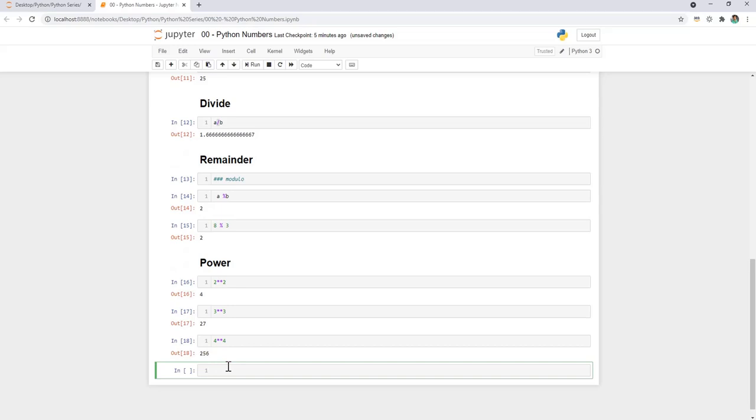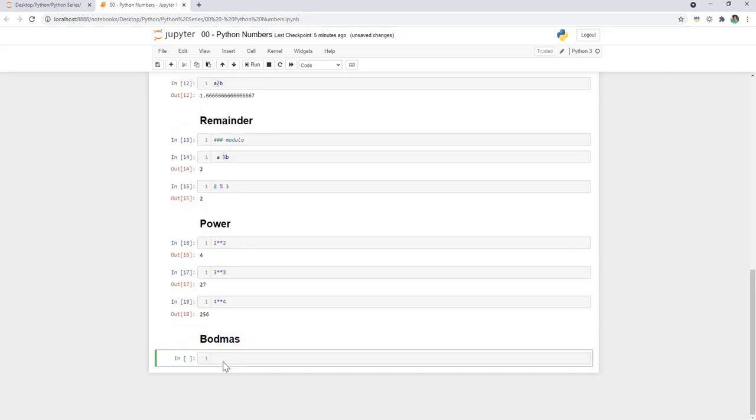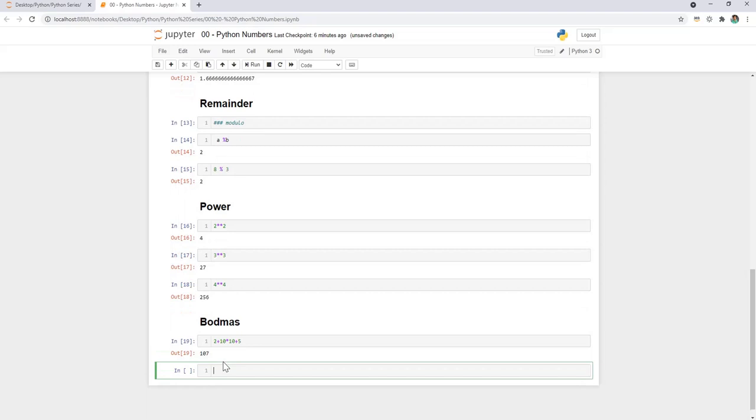Now let's see the BODMAS part. Suppose I am doing 2 plus 10 into 10 plus 5. According to BODMAS, what should the answer be? I think it should be 107.